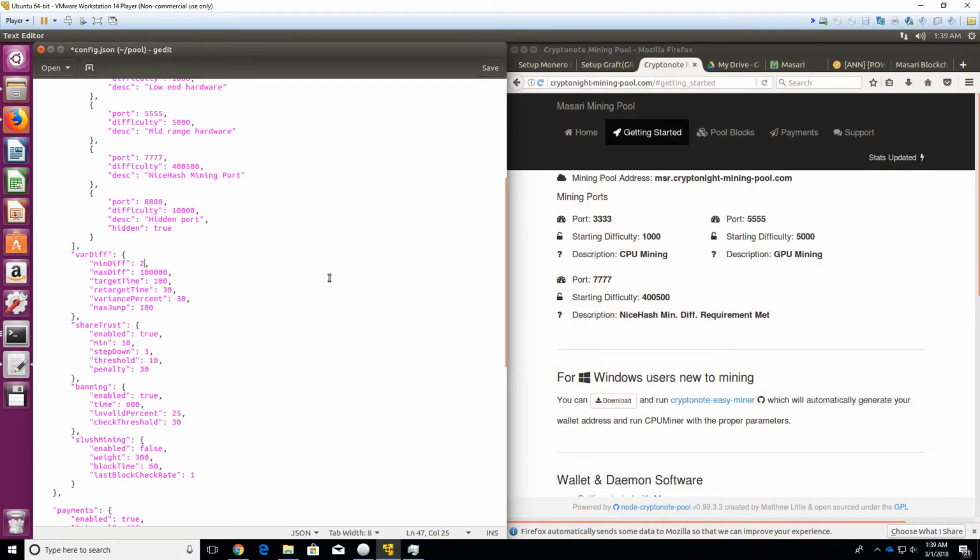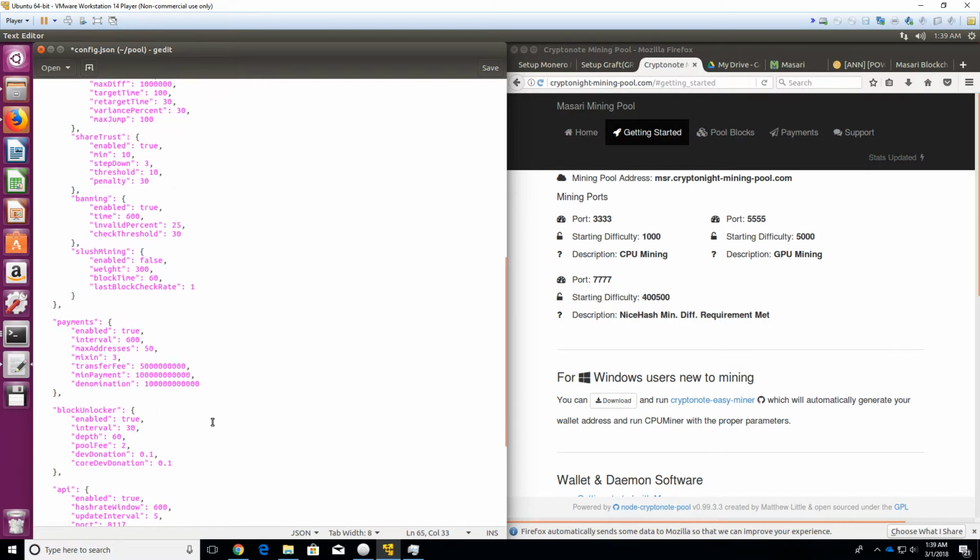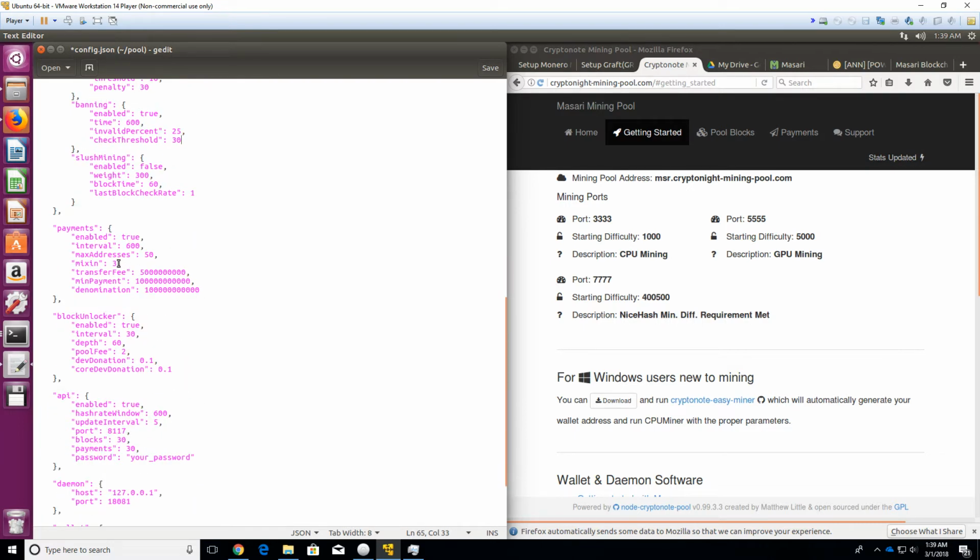The minimum difficulty, really 2 is kind of excessive. I'll do 500. And the, I don't know, 1 million. Max jump, blah, blah, blah. Min penalty time enabled. We're looking for mix-in, because if we get mix-in wrong, we're not going to have a good time. Alright, so the transfer fee, now, mind you, there's 12 decimals left,